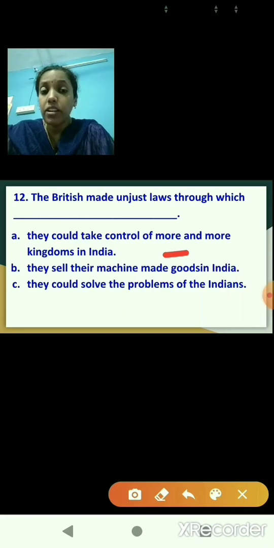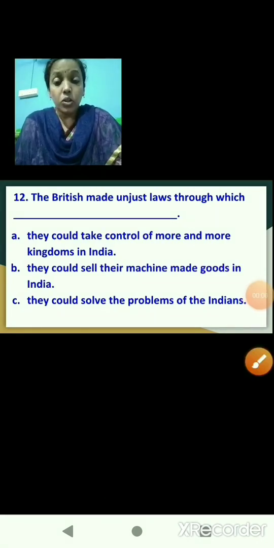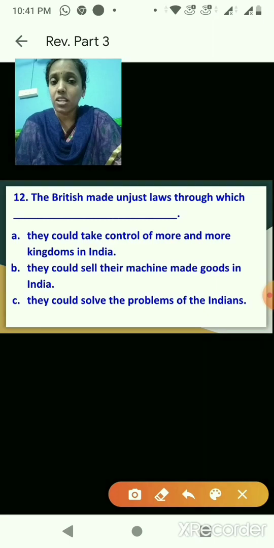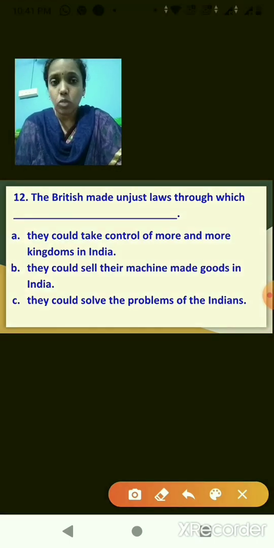Option B, they could sell their machine-made goods in India. Option C, they could solve the problems of the Indians. So children, which is the correct option? Yes, it's option A. That is, they could take control of more and more kingdoms in India.